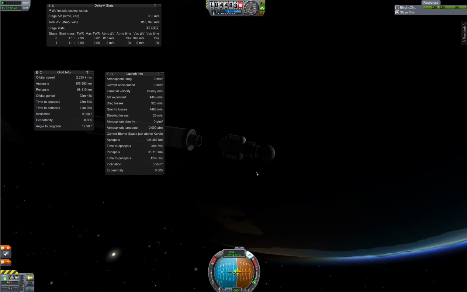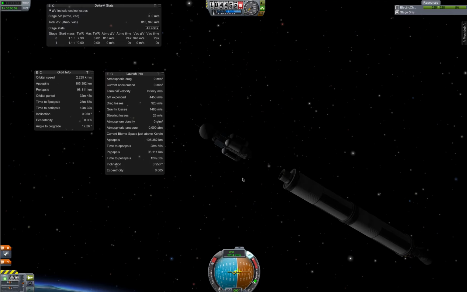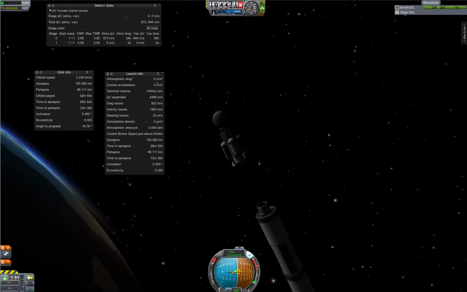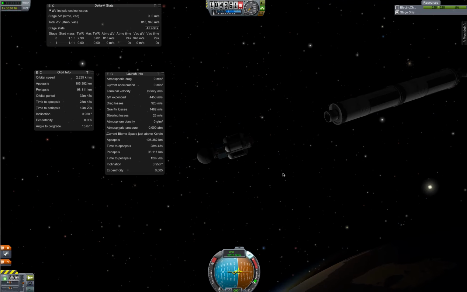And really, that's all I had planned for this thing. I don't really have the fuel to take it anywhere. I put some goo pods on there, but I don't get much for them at this point. So it was mostly just some extra weight to haul into space for no reason. So I think I'm just going to let this thing orbit for a while until I can come up with something better to use it for, but I just wanted to make this video to make it a little more obvious how to get into orbit, how to use maneuver nodes, and all this information is from MechJeb, which is